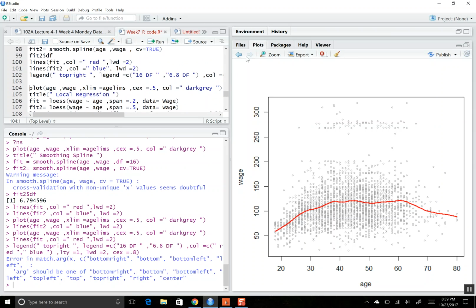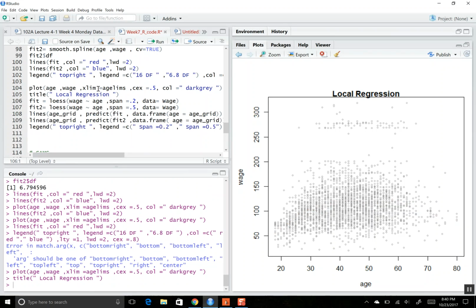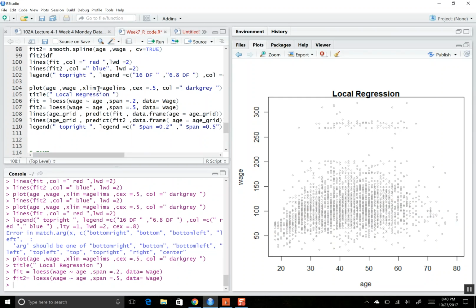Okay, so these are just some of the differences in terms of the different spline functions that R has. All right, and lastly, here I've done some loess regression as well, for local regression. If we fit using the function loess, you can have a span of 0.2 or a span of 0.5, and that's going to determine how